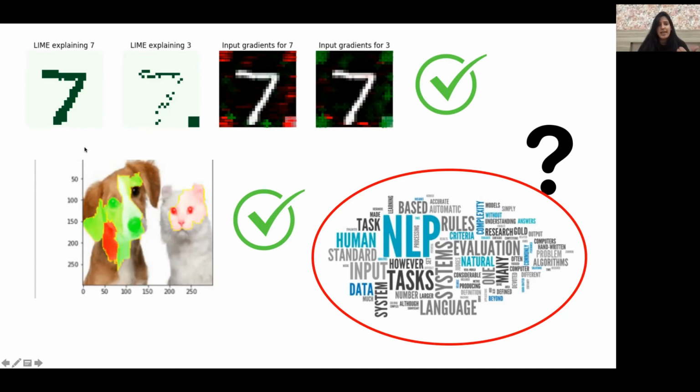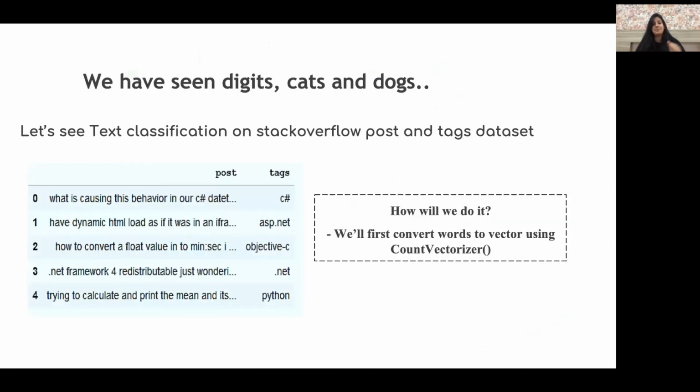And we just saw that when LIME is explaining 7, it'll be using these pixels as important ones. And if it is also saying 7 as a 3, why did it say it? Because it looked like a 3 to the model. So you know you want to go and impute in your data set. So we see it works really well for images, be it ML based or be it DL based. But let's now shift our focus towards NLP tasks.